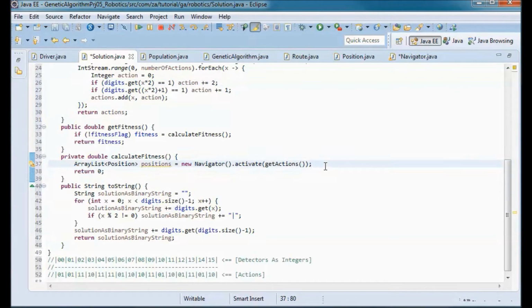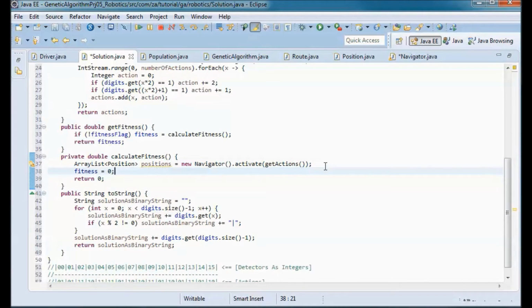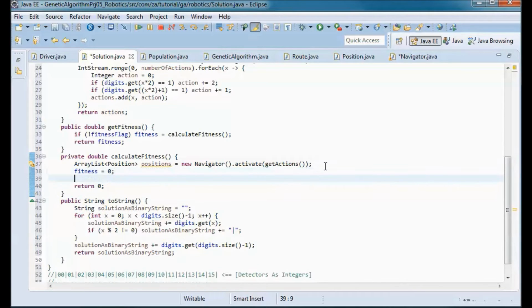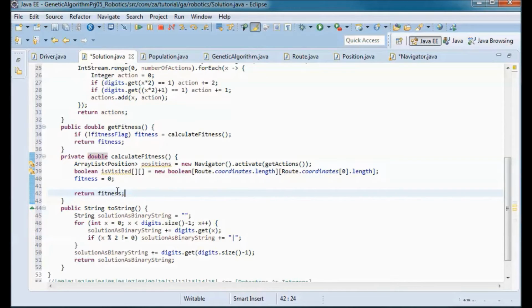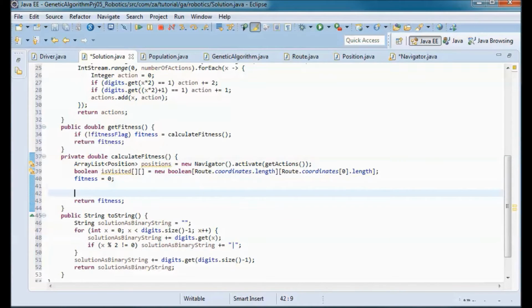And before recalculating the fitness, I'll set the existing fitness to 0 and instantiate an isVisited array list that keeps track of the visited positions. And let me here return the fitness, the calculated fitness. And before doing that, I'll set the fitness flag to true.